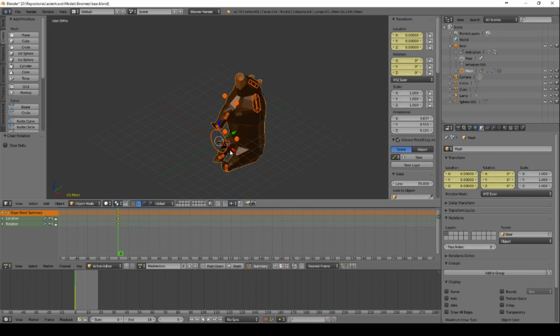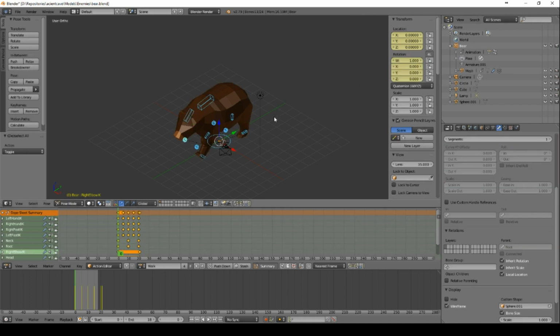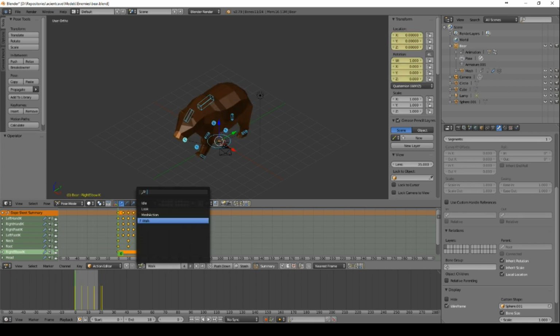We are in the action editor. We create a new action, call it idle, and just reset everything. With A we can select everything. With Alt R and G we can reset everything so that it looks like he's doing nothing. So